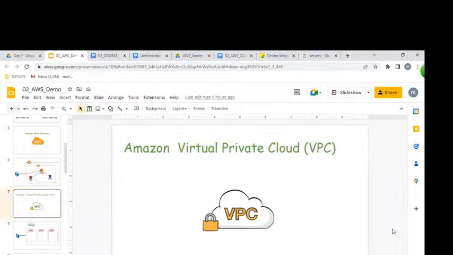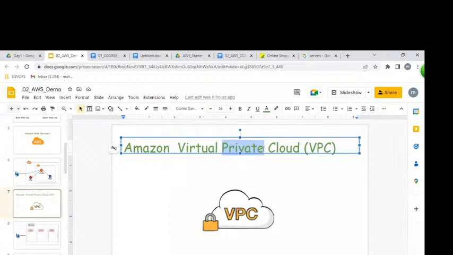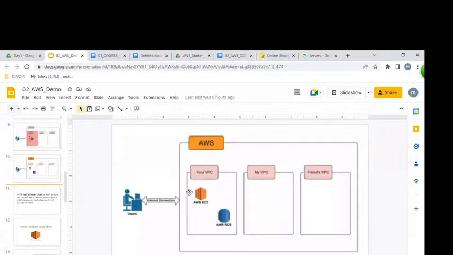So that's the point I want to tell you. An isolated, office kind of private network, if we can access it over the internet in a virtual form, is nothing but what? VPC. By using VPC, we can create n number of networks.